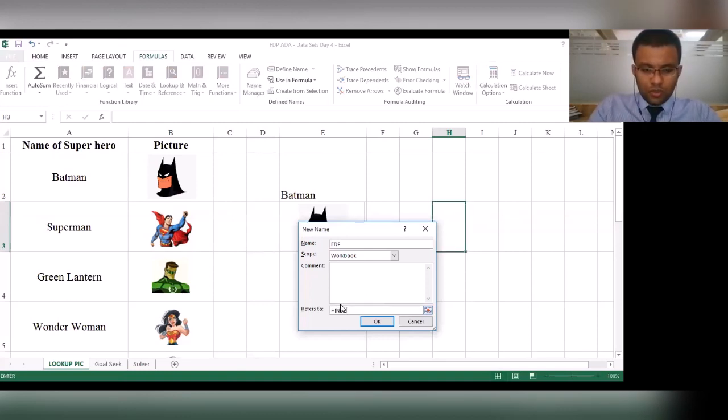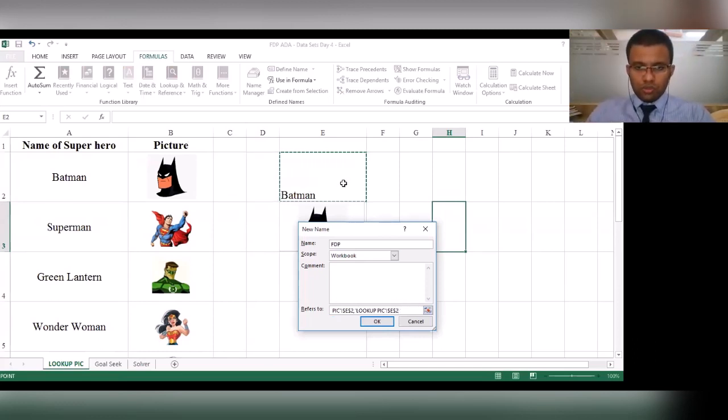So is equal to index, open bracket, select the array which has got your pictures placed, comma, match. Now this match part is responsible for understanding what name we are selecting from this drop down, and then displaying the corresponding picture over here.